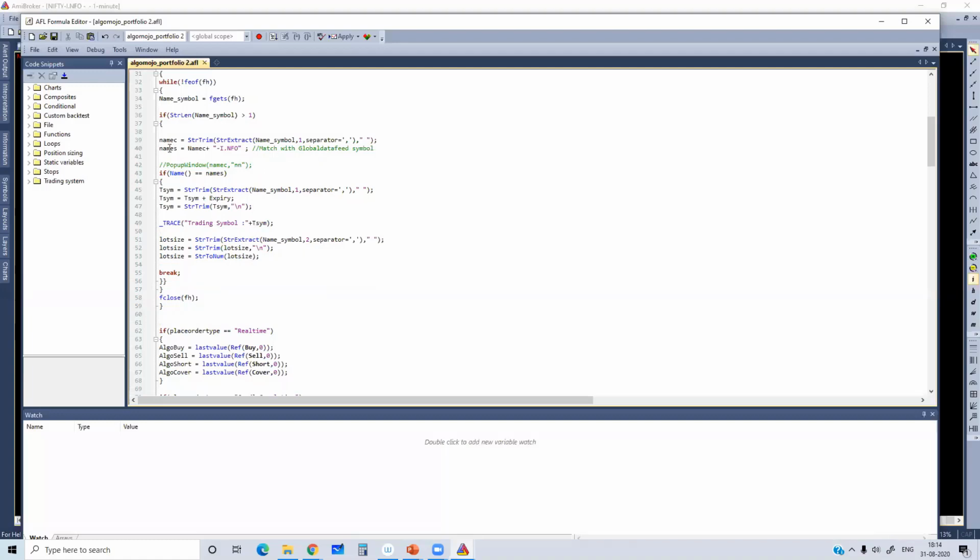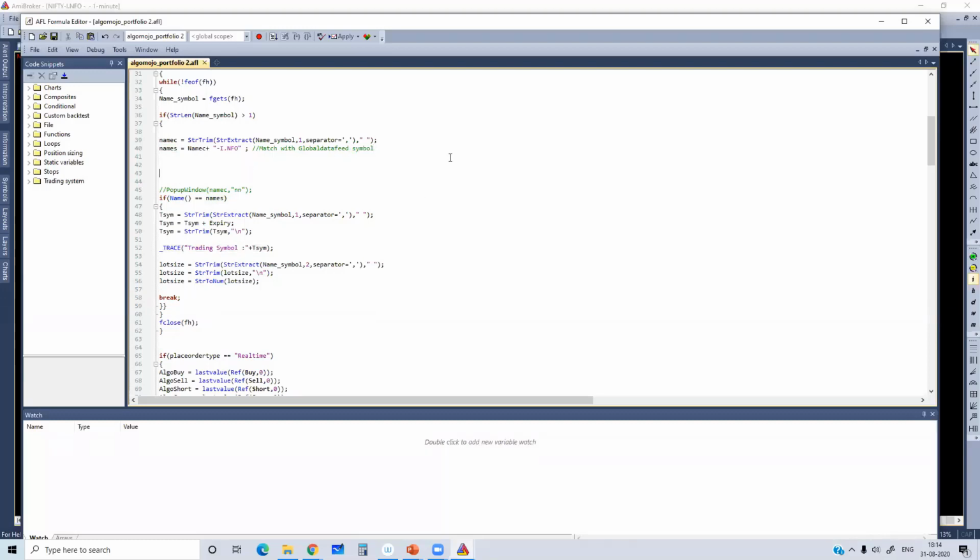And also the symbol which we fetched from the CSV file, which is stored under the names.